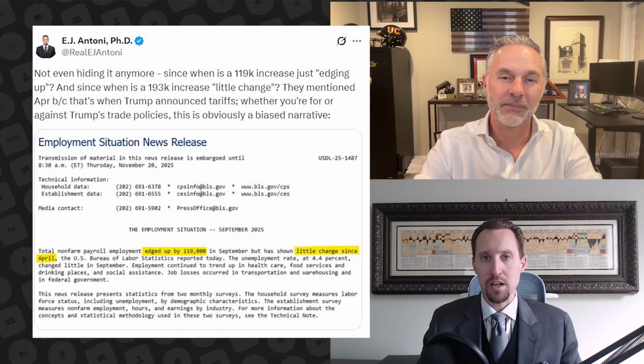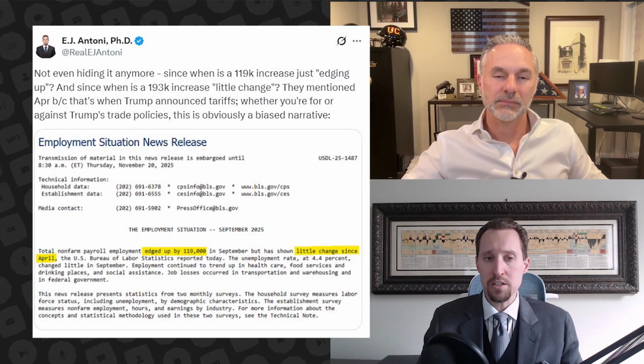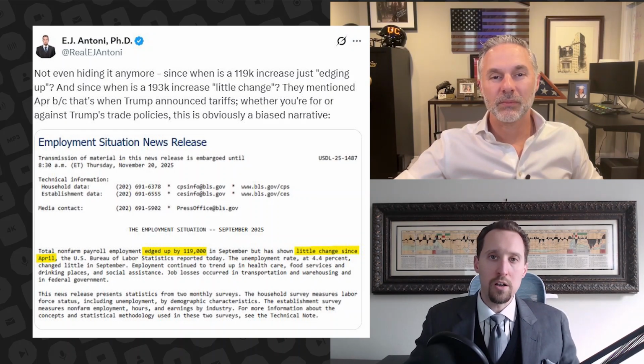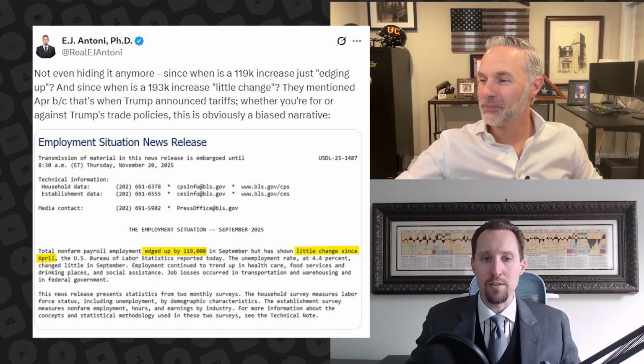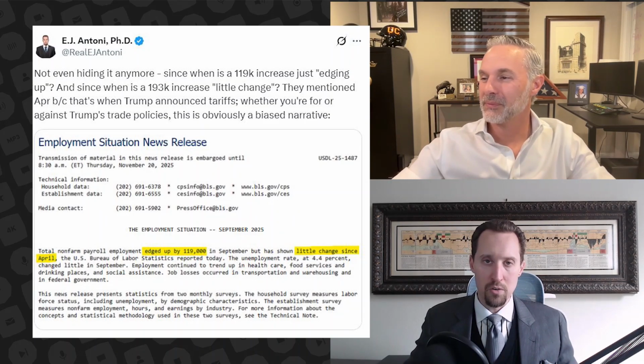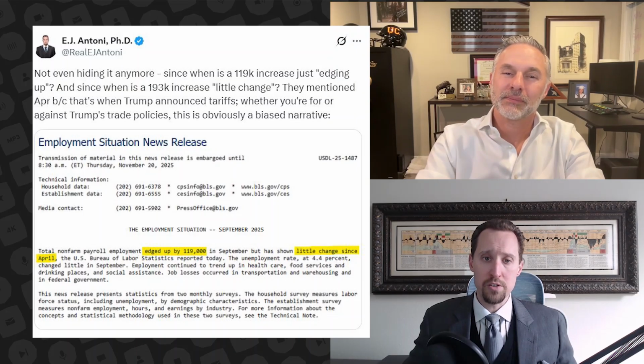Well, Anthony, this is the kind of garbage that was a big part of the reason why President Trump wanted to shake up the agency and had to fire the last commissioner. It was incompetence, absolutely. But then you see garbage like this, and you can't help but assume that there's got to be malice here, because this isn't just incompetence. This is pretty deliberate. Since when do we talk about an increase of 119,000 jobs as just edging up? I mean, give me a break. They didn't say that under Biden, when you had weaker than expected payrolls, and this was almost twice what economists were expecting. The whole narrative here is just absolute nonsense.